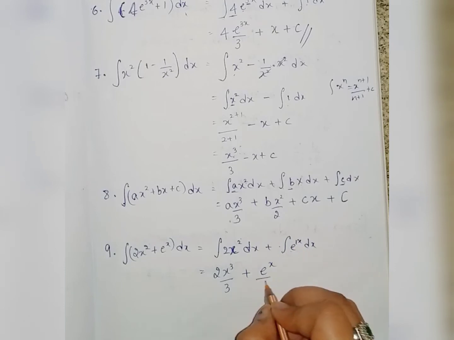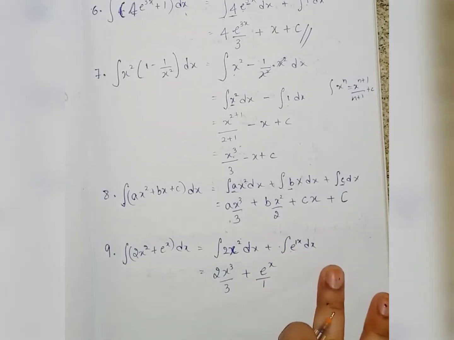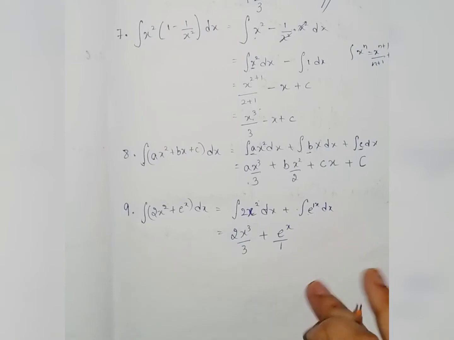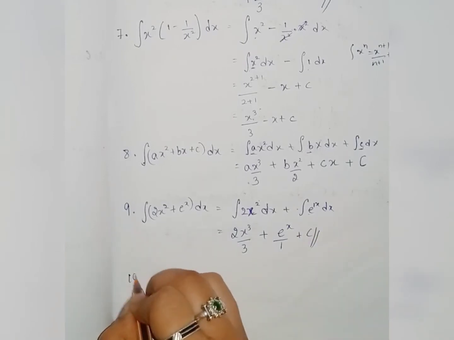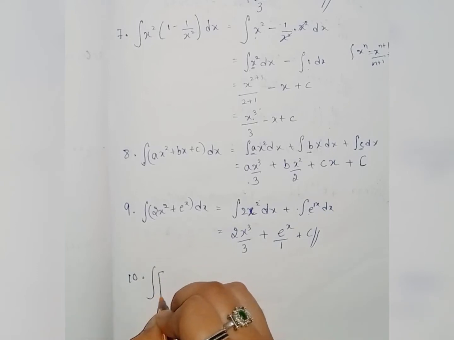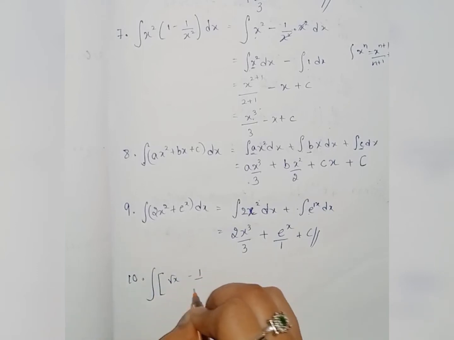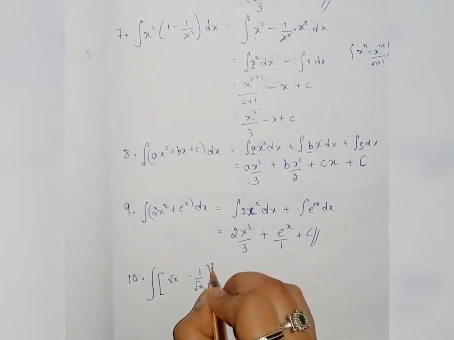Coefficient of x is 1. Divide the term by the coefficient of x, okay, so plus c. And then the 10th problem, integration of (root x minus 1 by root x) the whole